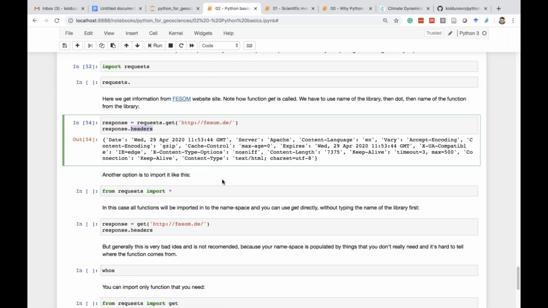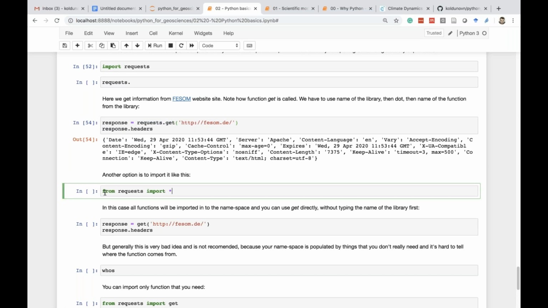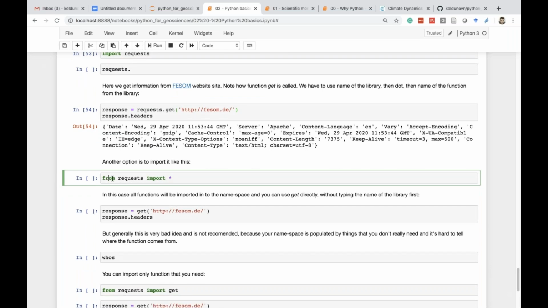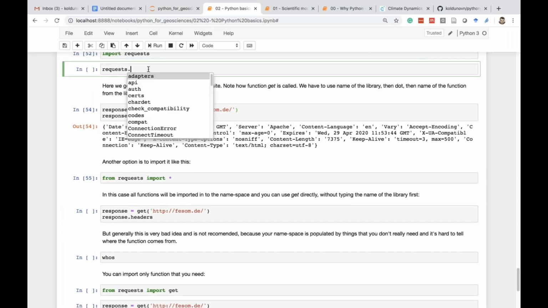You see that for this simple operation, we don't really need all of the functionality of requests. We only need this get function. But nevertheless, we put here this requests word and then the get word and so on. What if we just import all the functions that are available in requests? And this is also possible. You can say from requests import star, right? That means that you import all the functions that you can see here, all of them,